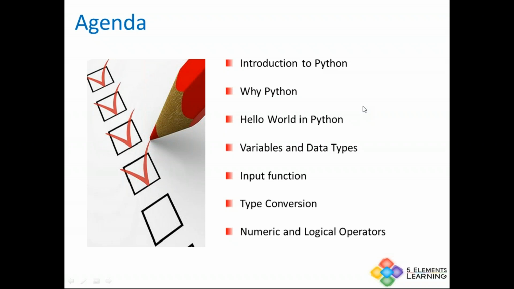Okay, so what is the agenda? Agenda for today is we are going to introduce Python. We are going to understand why Python as a language. Then we will start with our very first script of Hello World in Python. We will learn about the different data types in Python. How do we fetch input from the end user? What is type conversion? And then we are going to have a look at the numerical and the logical operators